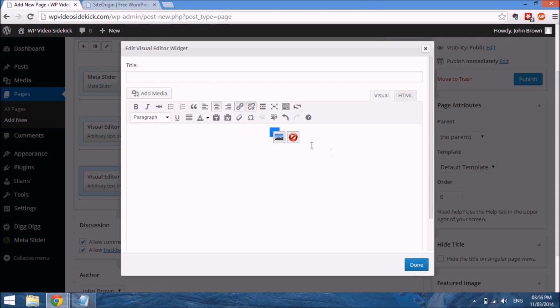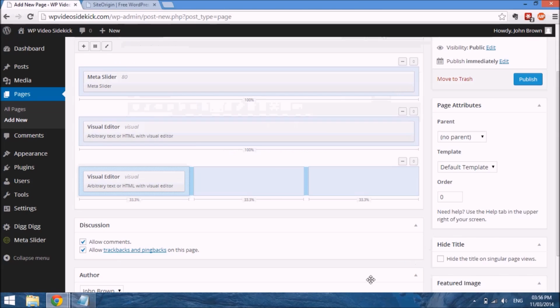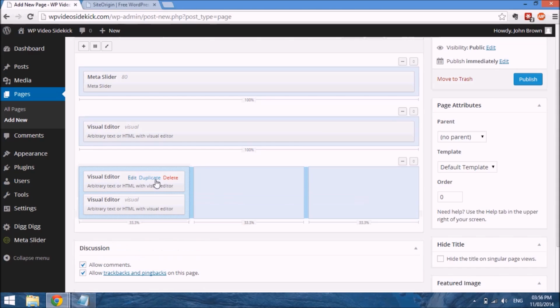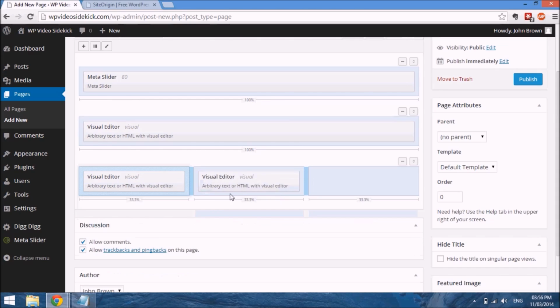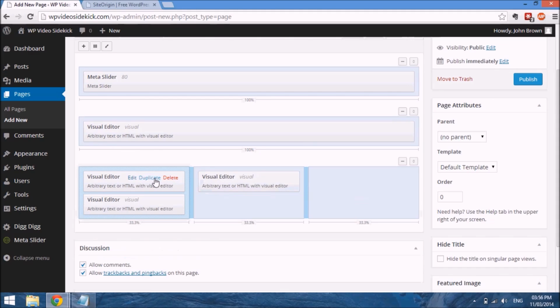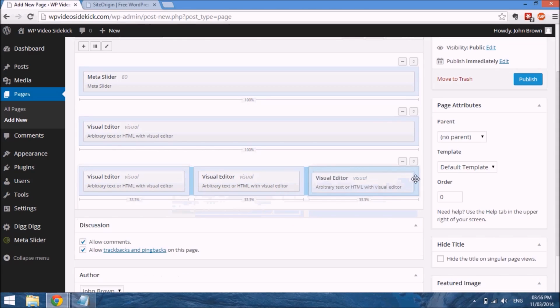Just going to center it. And then I'll put back my text. And then I'm done. And the wonderful thing that you can do, so instead of doing this 3 times for each of the columns, I can just duplicate this, and I can just drag it over, and again I can duplicate, drag it over. So instead of having to select the widget again,